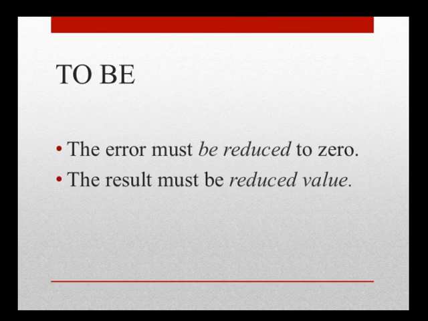So another issue that we need to deal with when we talk about the verbs would be the verb "to be." And "to be," as you can see, may be multifunctional, and depending on the place of the verb in a sentence, it may express different things. For example, here: "The error must be reduced to 0." "The result must be reduced value." You see, you have to understand what follows the verb "to be." In both cases, this is the past participle, but we need to understand what this past participle refers to. In the first case, it refers to the verb. In the second case, it refers to the noun "value." And the translation, as you probably can see here, would be absolutely different, right? So we would say that,